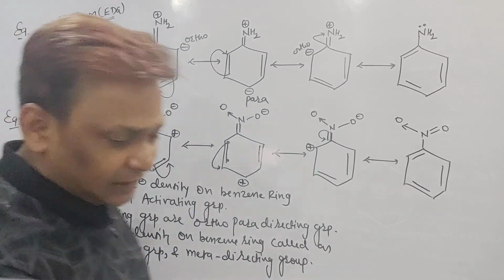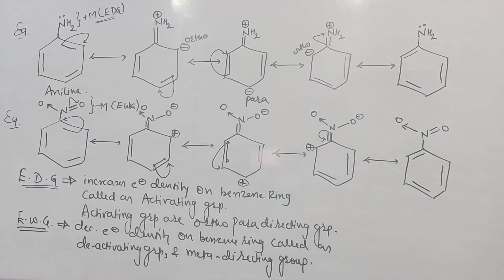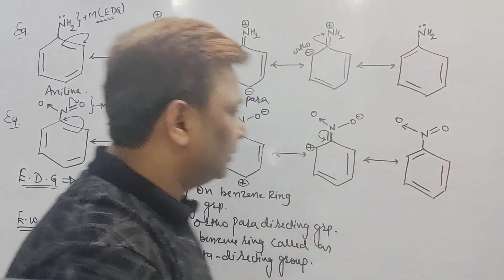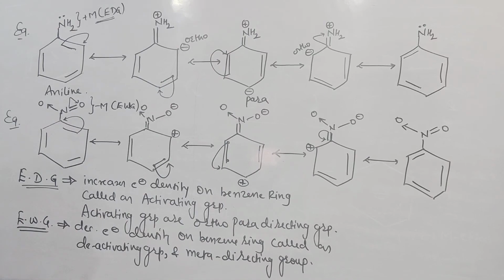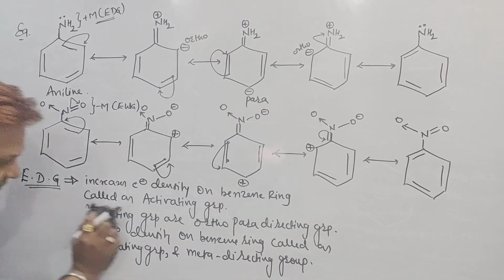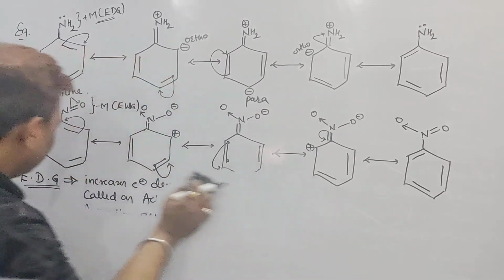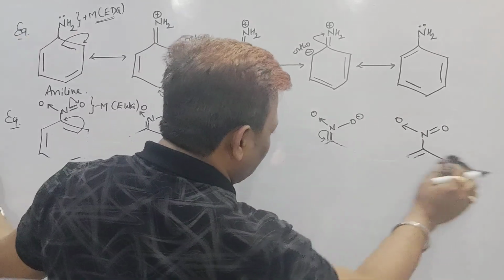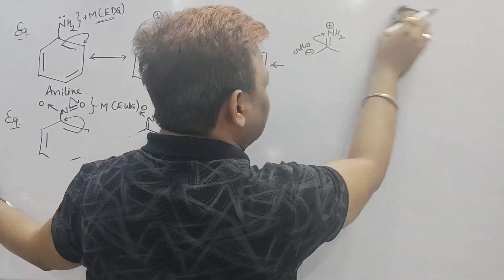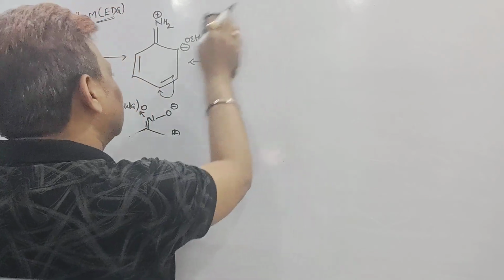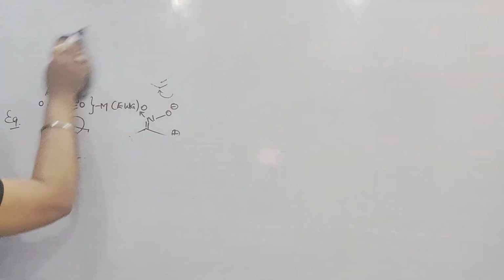Right beta? Chalo, take a screenshot. I want to show you some examples for this mesomeric effect and all, how to draw the mesomeric effect. This one I want to show you. Right. So beta, this is an electron donating group, another one is an electron withdrawing group. A donating group can increase the electron density in the benzene ring at the ortho and para, and an electron withdrawing group can decrease the electron density at the ortho as well as at the para position, right?